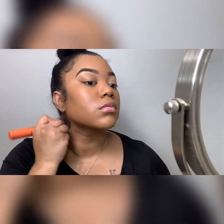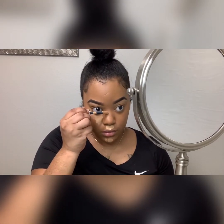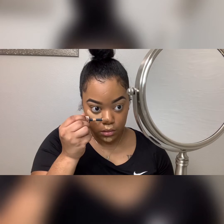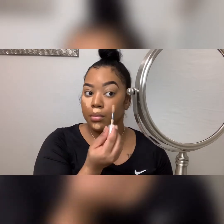I don't want you to tell that my makeup stopped, like, oh, she stopped her makeup there, you know. So now I'm gonna go ahead and take my L'Oreal Infallible concealer, and I'm just gonna tap it near my cupid's bow. I'm gonna put some on my chin. I'm gonna highlight under eye. I'm gonna do the bridge of my nose, and then you'll see that I'll do a little bit on the